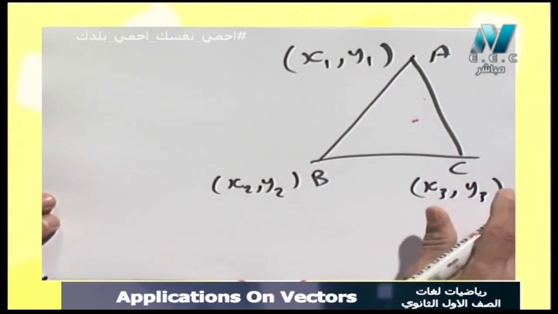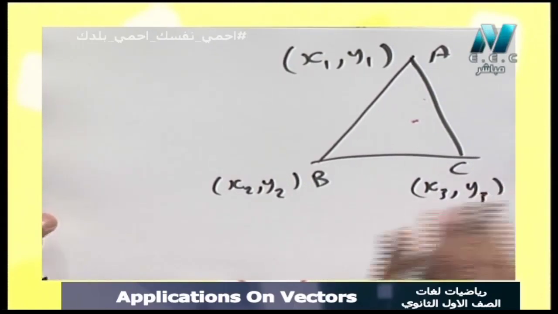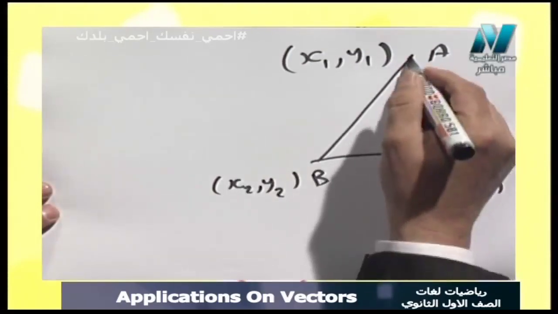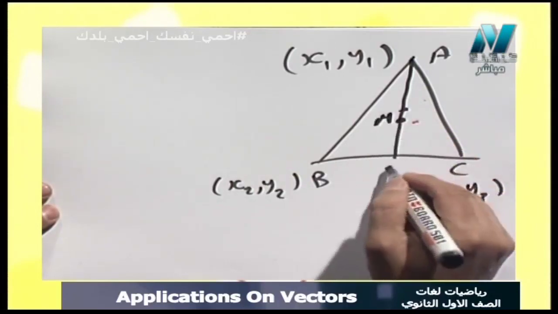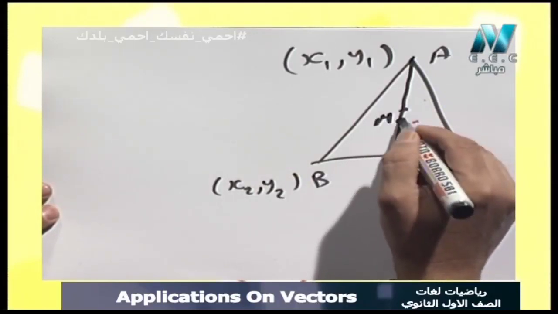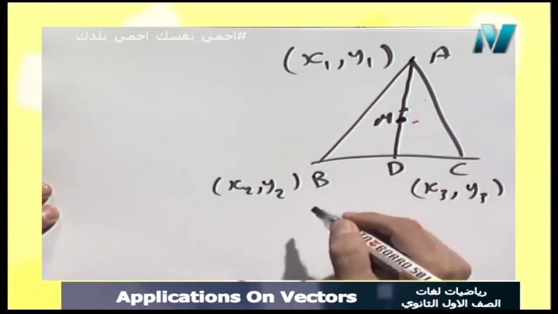From the previous example, we have deduced that if we want to find M here, the point of concurrence or the intersecting point of the medians,